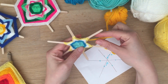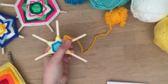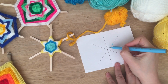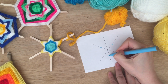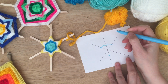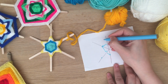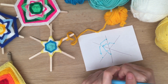So now I'm going to go opposite again and wrap round just to give that a nice little tug, and then the pattern we're going to do this time looks like this. So I've got my line. This time I'm going from here, so I'm not going opposite, I'm not going next, I'm going to jump across. I'm going to jump across again, and as I jump across I'm going under the one that you've skipped. Okay, so you're going under and skip, and then you're going to go over, and then the same pattern you can repeat, and this time you go here and under. And that's how the 3rd pattern works. You're always skipping